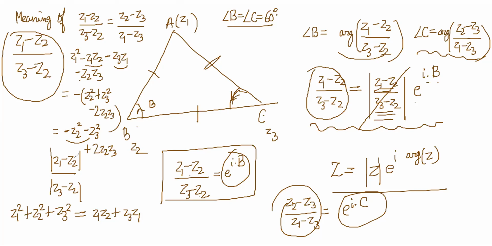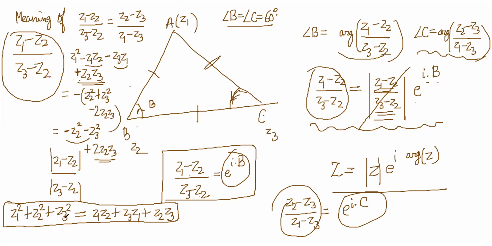okay, I have made a sign mistake somewhere. See, this is plus Z2 Z3 here, no? This is a plus, not a minus. So when it goes that side, it becomes negative, plus 2 minus 1. So this is a condition that we have now gotten, which will ensure that Z1, Z2, Z3 are the vertices of an equilateral triangle.